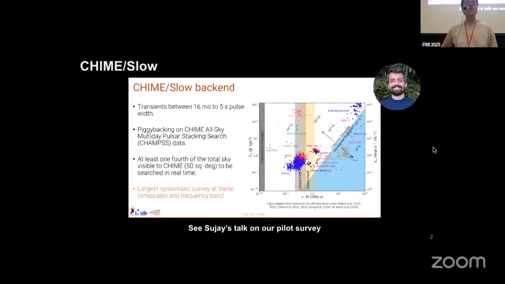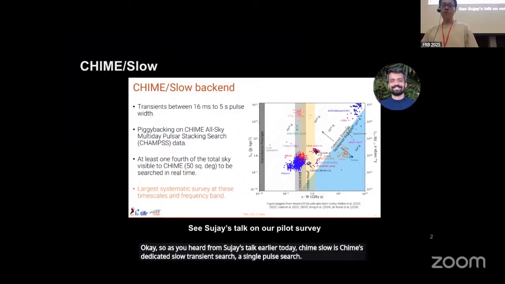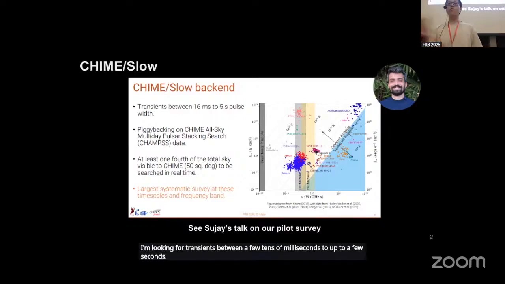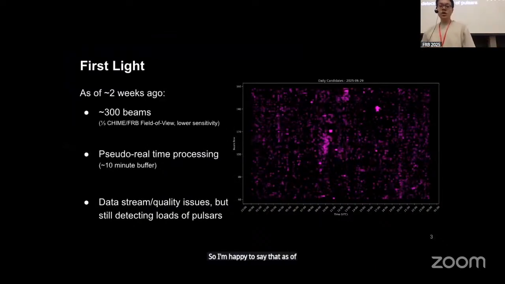So as you heard from Sujay's talk earlier today, CHIME Slow is CHIME's dedicated slow transient search, a single pulse search, looking for transients between a few tens of milliseconds up to a few seconds. Since I don't have too much time, I'll refer you back to Sujay's talk this morning for a bit more detail. So I'm happy to say that as of about 2 weeks ago, CHIME Slow is now on sky